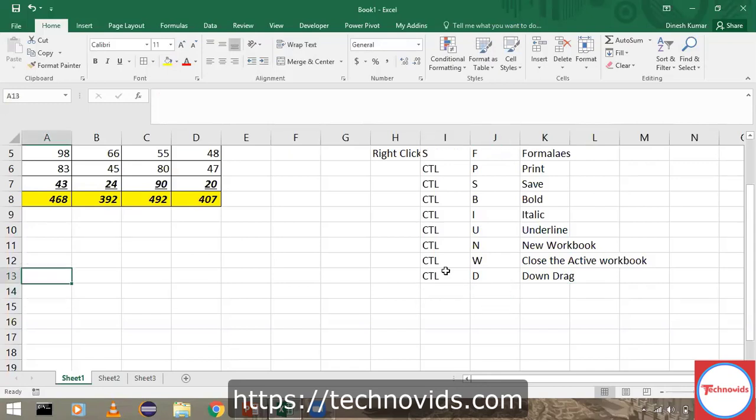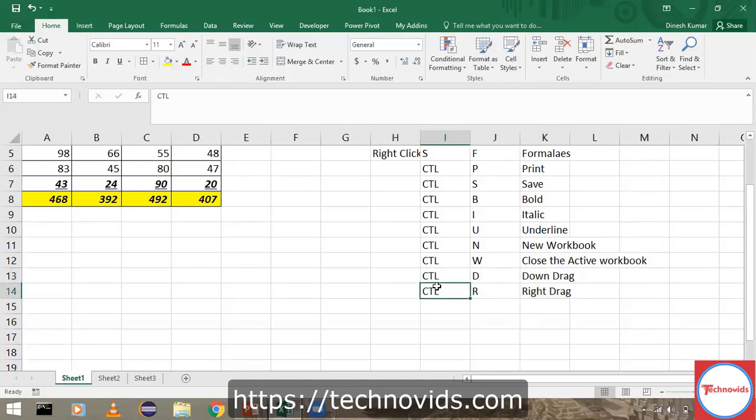And on similar lines, you can go for Control R. You can guess what that is, R for right. So if I have a formula here, which I've just written in this cell, and I want this formula to be dragged across to the right, then I can select the destination cells and say Control R. Control R for right drag. So Control D for down drag, Control R for right drag. I regularly use these two shortcut keys, Control D and Control R. Very useful as such.